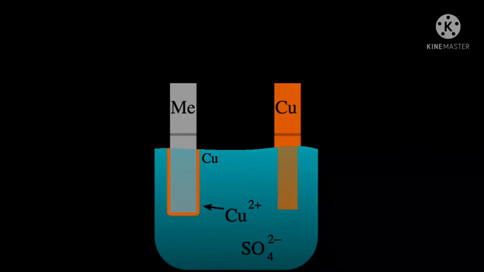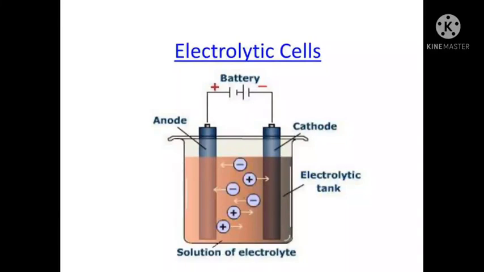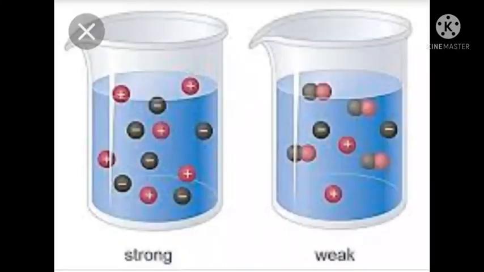The electrode that is connected to the negative terminal of the battery is said to be the cathode, and the one that is connected to the positive terminal of the battery is said to be the anode, like the one shown in this figure. The last component of the cell is the electrolyte. The electrodes are dipped into a solution called the electrolyte. It contains ions for the passage of electricity, and the positively charged ions are said to be cations, whereas the negatively charged ions are said to be anions, as given in the above figure.